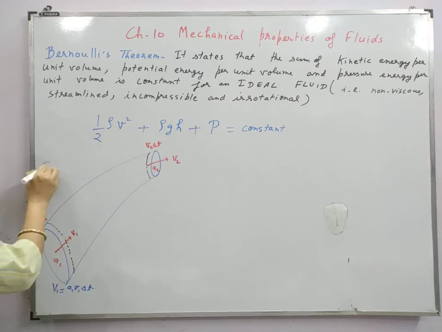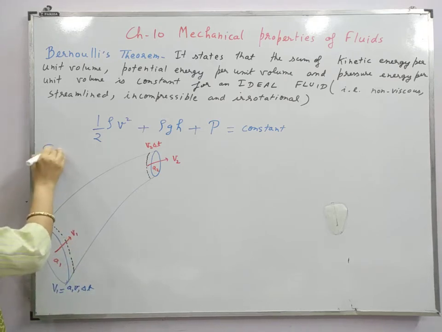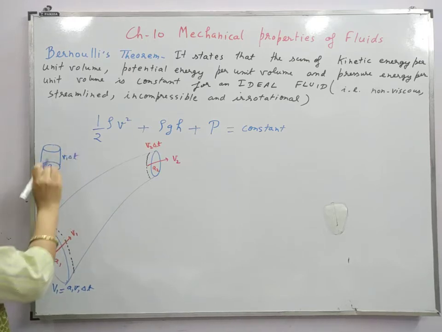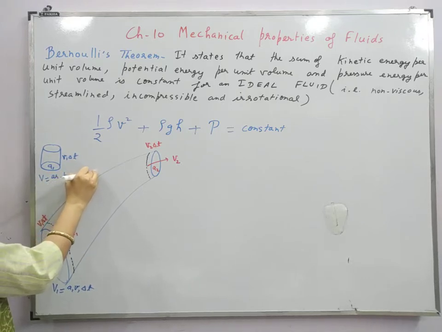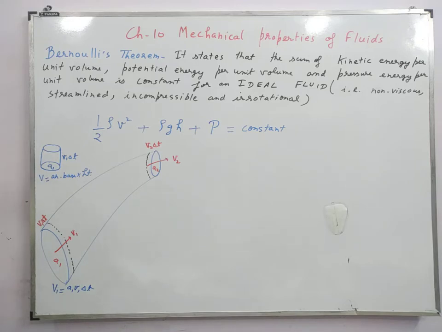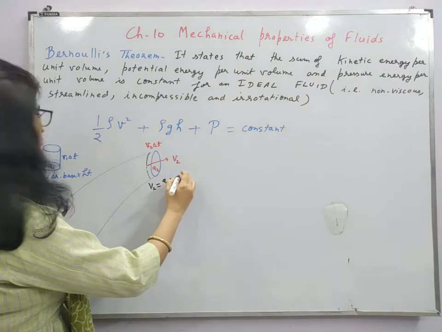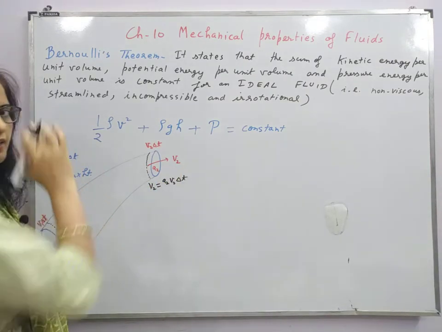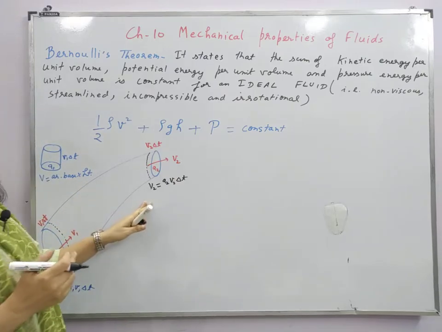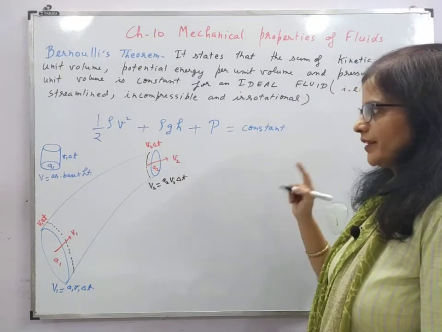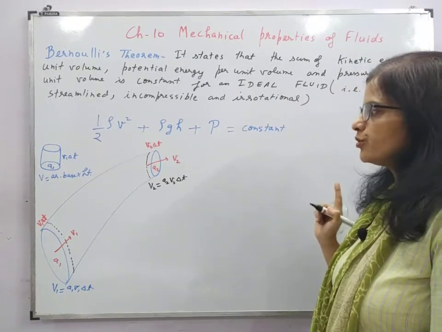So you can say that the volume at this cross section will be a1 v1 delta t. We have discussed this in the previous video. Why so? Because if we consider this as a1 and this height as v1 delta t, the volume is area of base into height, right? And for the next cross section this will be a2 v2 delta t. So from the equation of continuity we had derived that a1 v1 is equal to a2 v2.